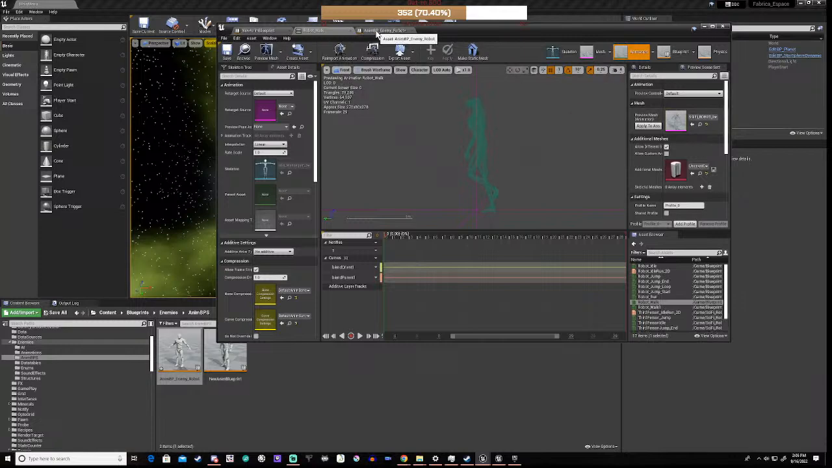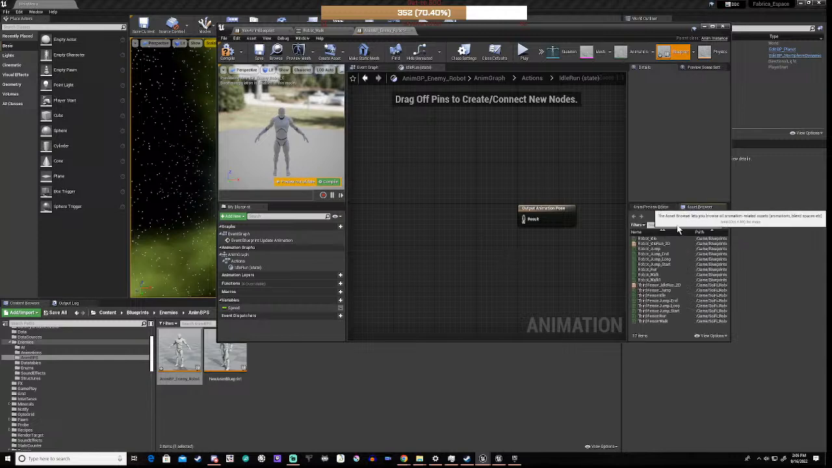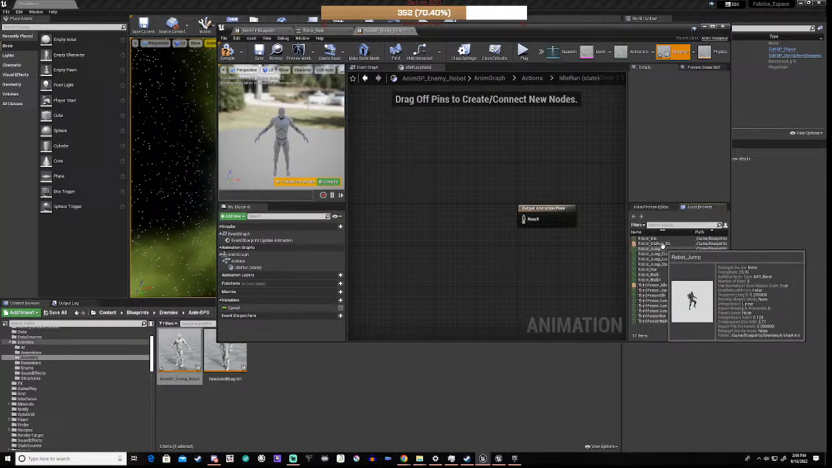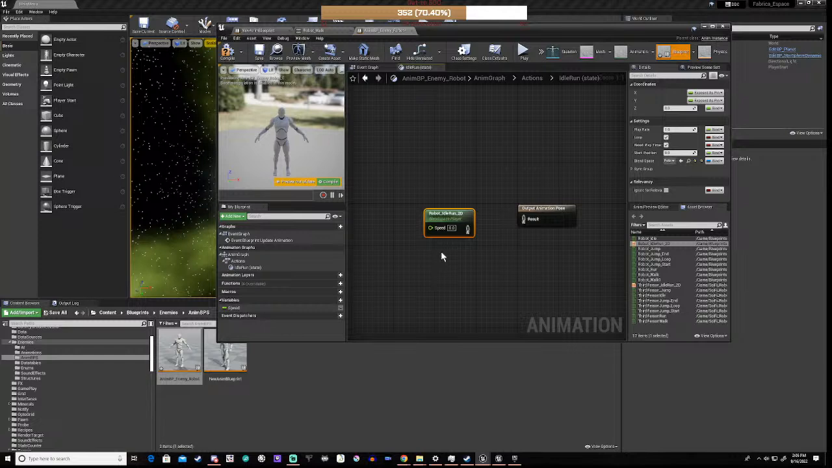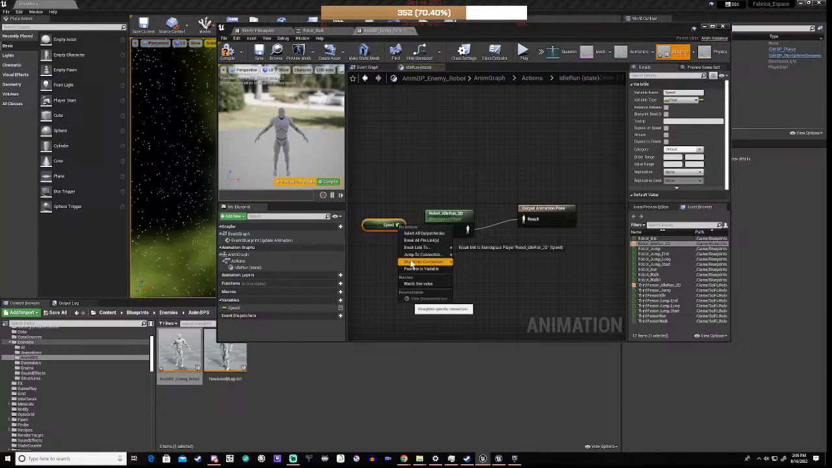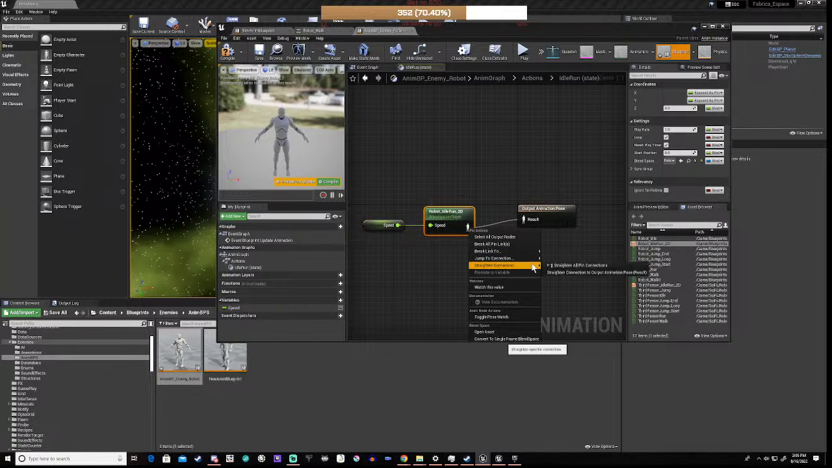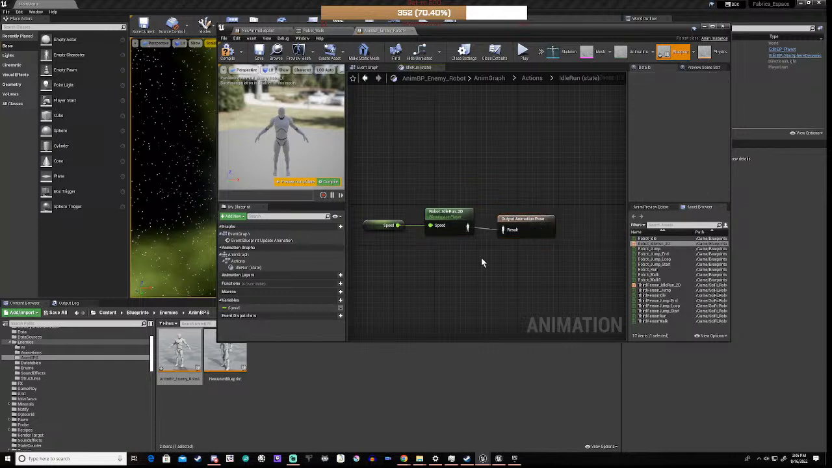Let's hang on a second, I think I've done a step too fast here. We're going to grab the asset browser and drag that in, drag this in, and pull the speed into here. Then we're going to straighten our pins, and we'll straighten this. Okay, so the next thing we're going to do